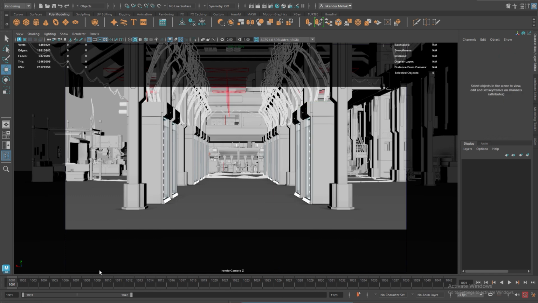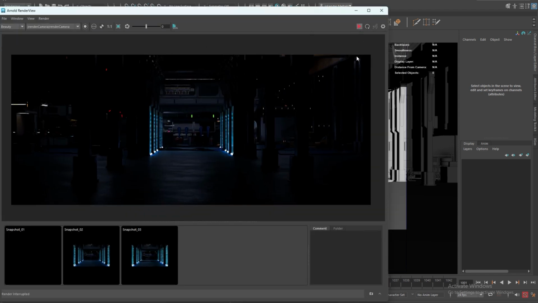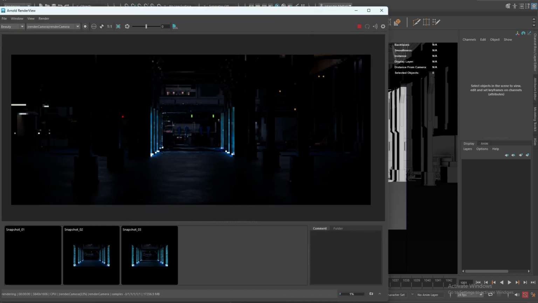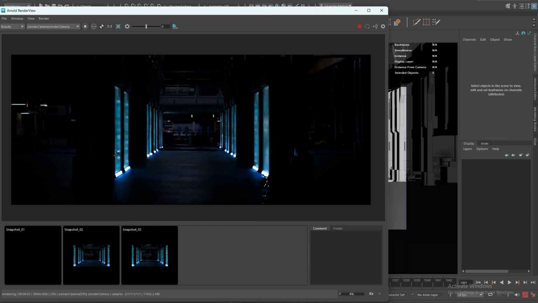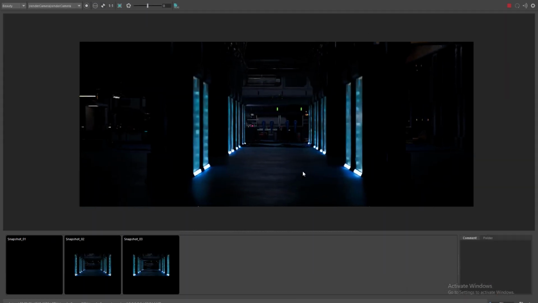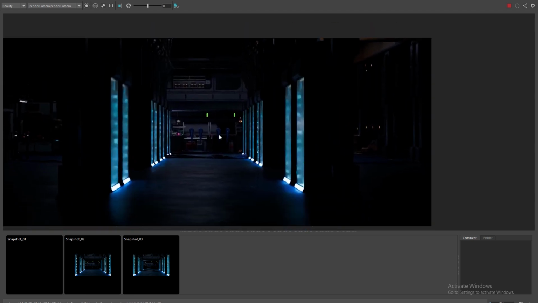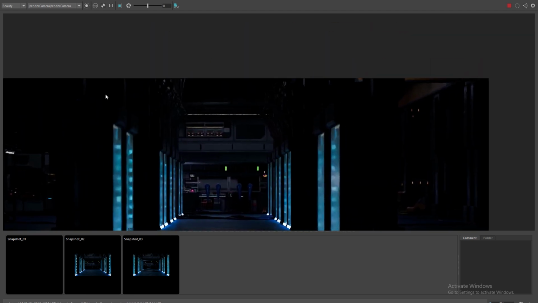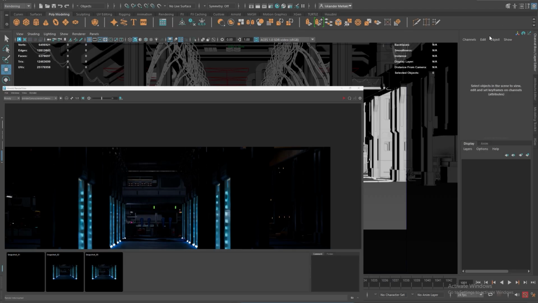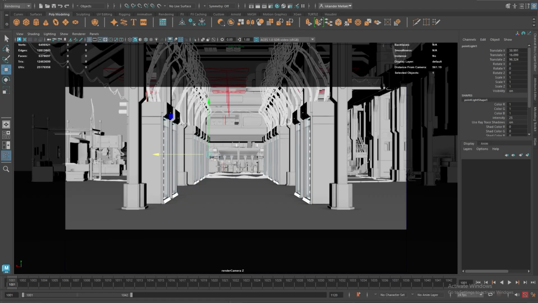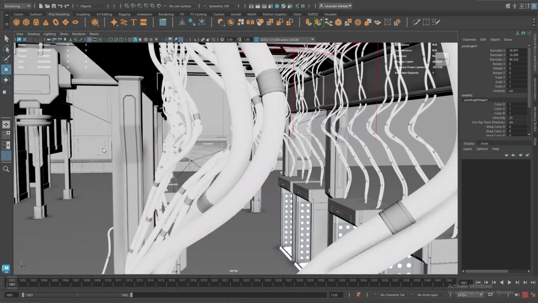Realistically I need more, but the cables are not particularly obvious up there, so what I might do is a little sort of... I don't know why anyone would realistically have it like this, but